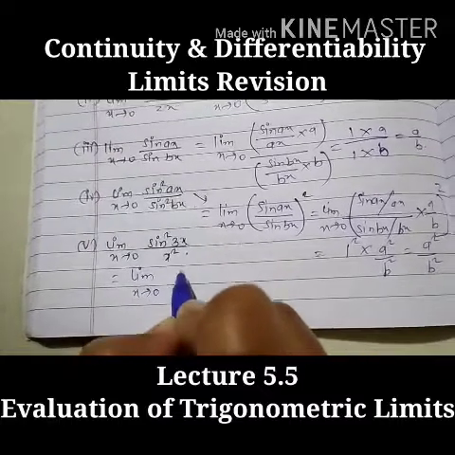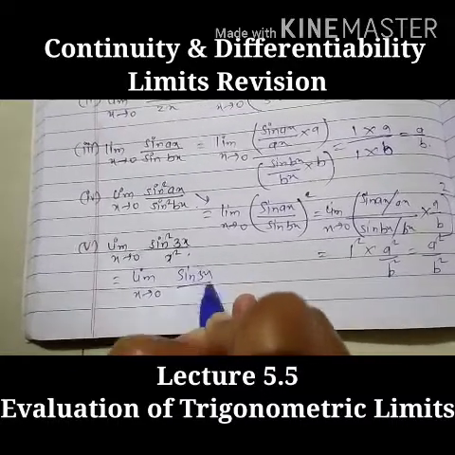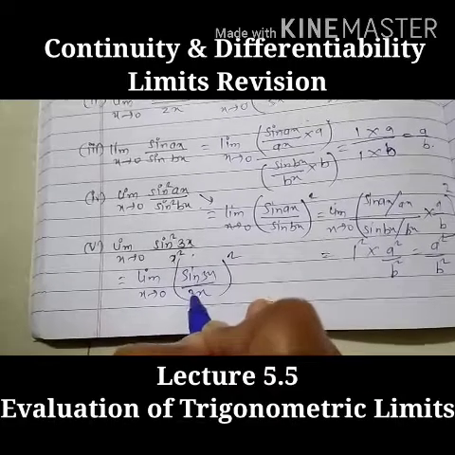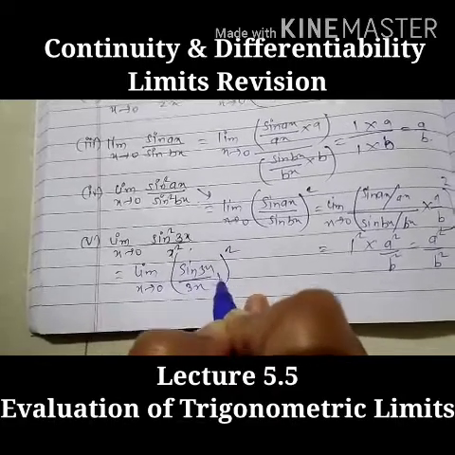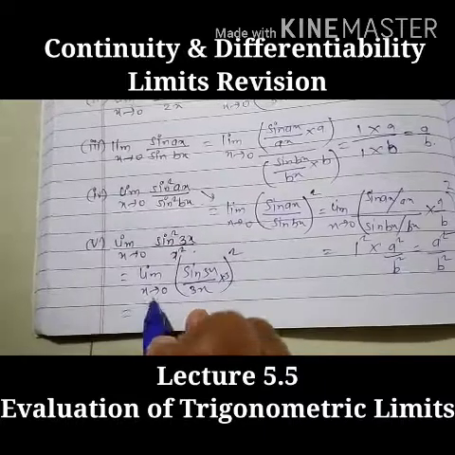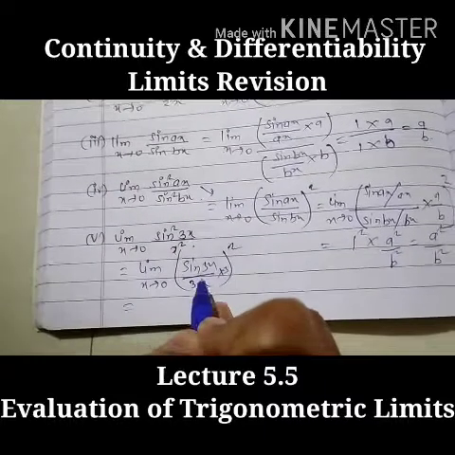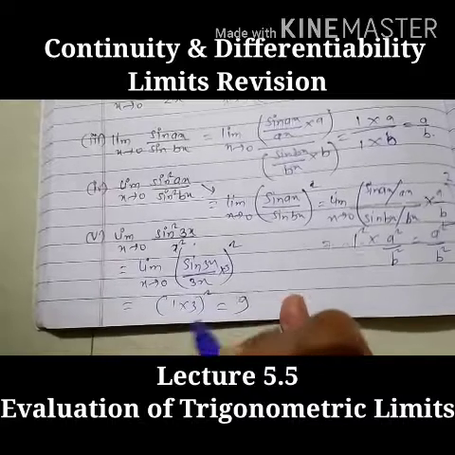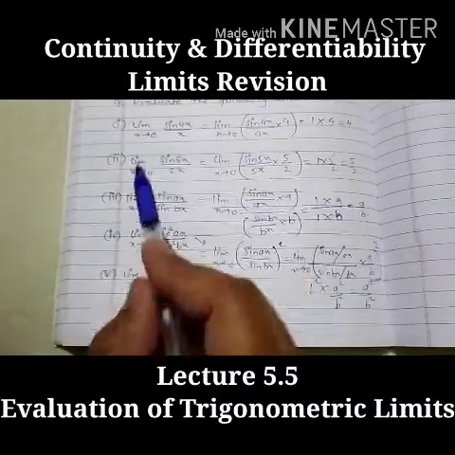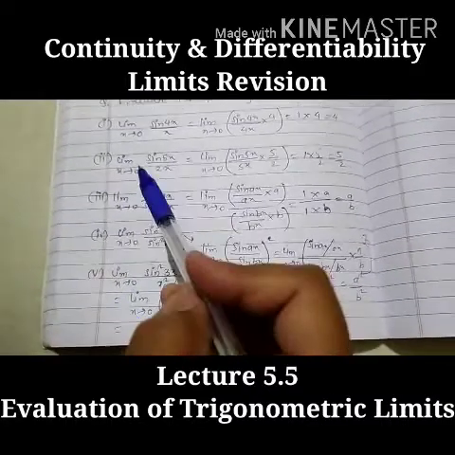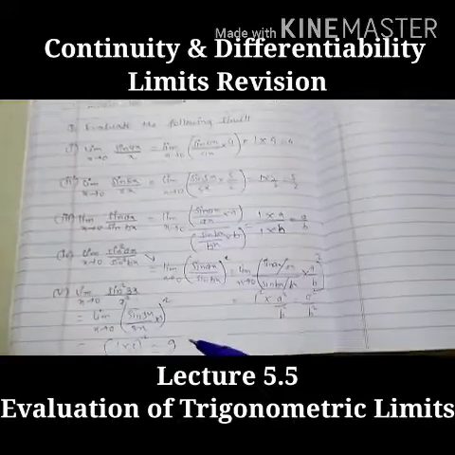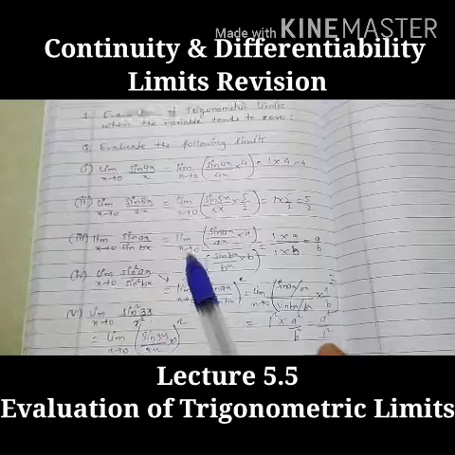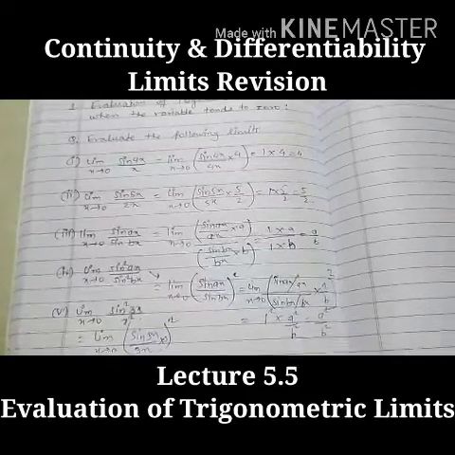Now the next question, here also square is there, so same process we'll do here. Limit as x tends to 0, sine of 3x upon x, bracket square. So we need 3, so here we'll divide by 3 and multiply by 3. Again, when the limit goes inside, it will be 1 into 3 whole square, it will be 9. Understood? So these are all 5 examples, all of different types. So you can observe here how we can evaluate these limits when the variable tends to 0.